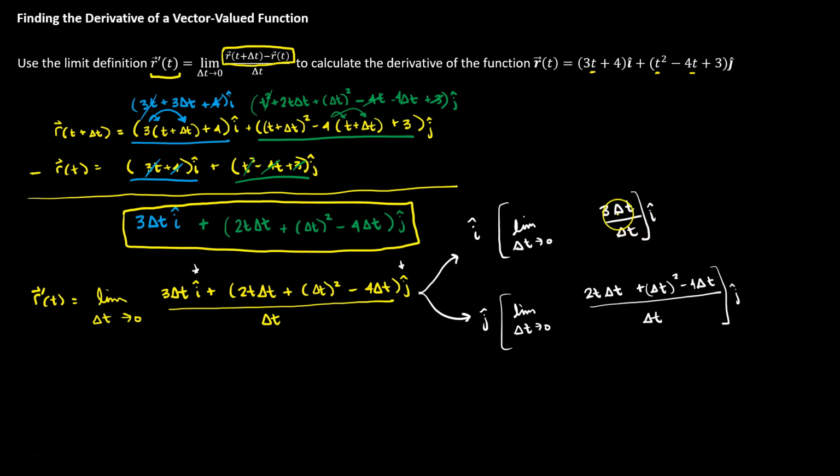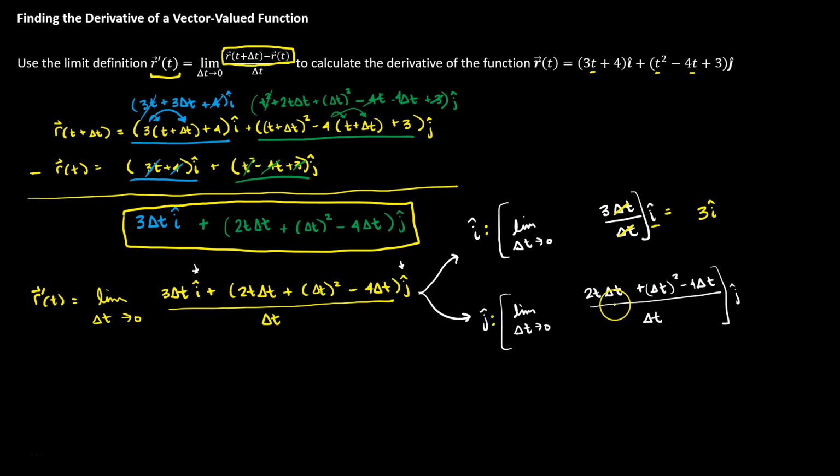In the i hat component, we can divide off a delta t. So actually, we're just taking the limit of the constant 3. We know the limit of a constant is the same constant. So this is 3. And don't forget we're multiplying by an i hat out here. And then in the j hat limit,